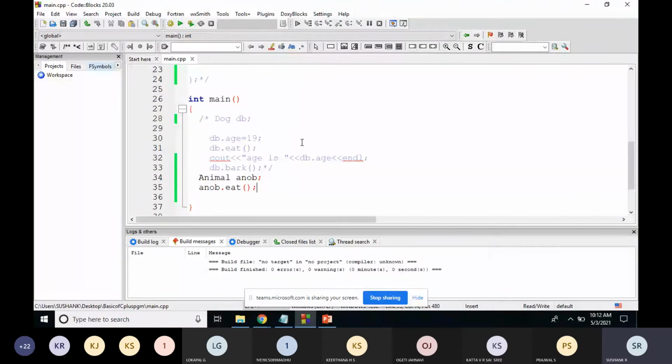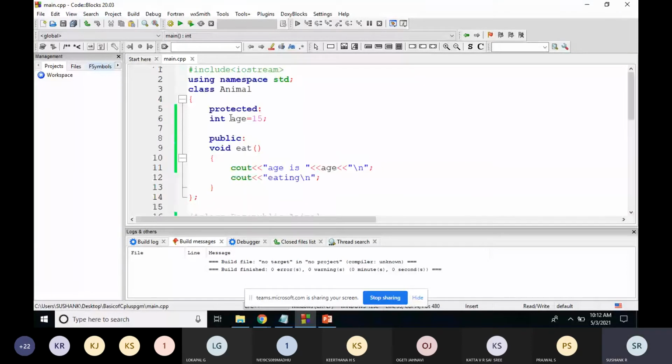So protected means it is available to the members inside that class, and also it is accessible to the classes which have inherited it. So protected access means this member will be accessible within this class, and also to the classes which have inherited this class.